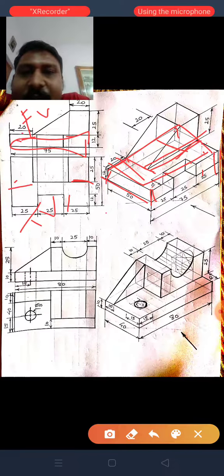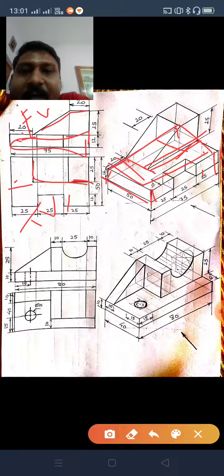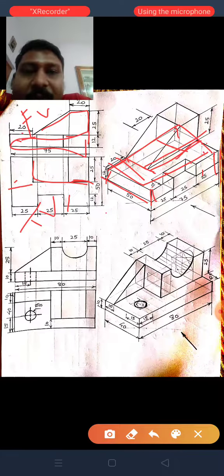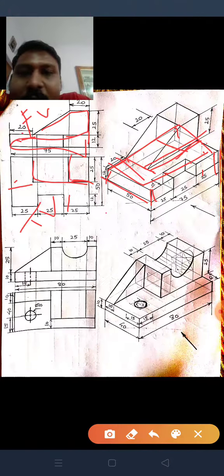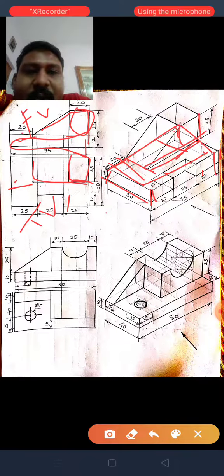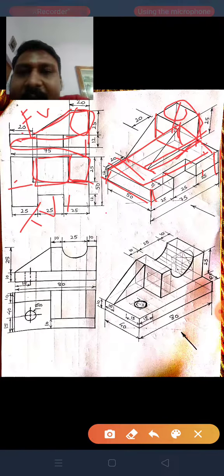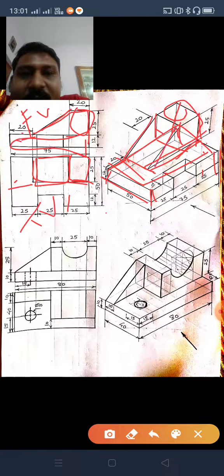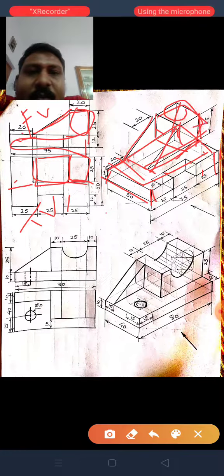Now what you see is that in front view, this top view which you are getting here is likewise with a height of 25. So nothing to do, this block is having a height of 25 in the front view. So just project 25 in this block and join this. You will get this block, and see this block, it is in the front view looking like an inclined line. So just join this inclined line, you will get this whole diagram.